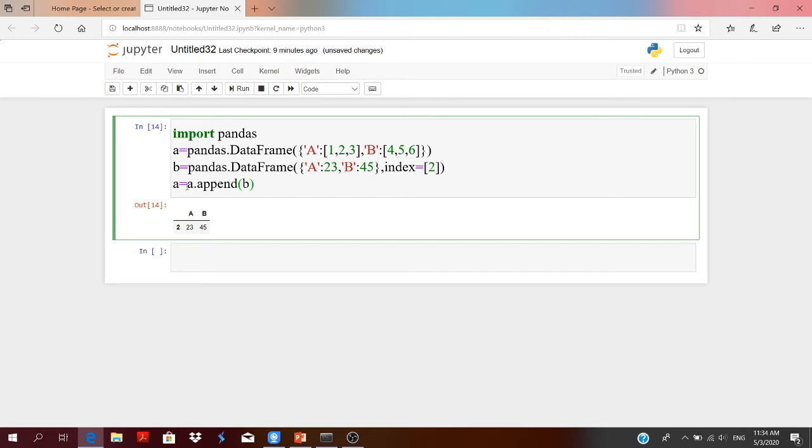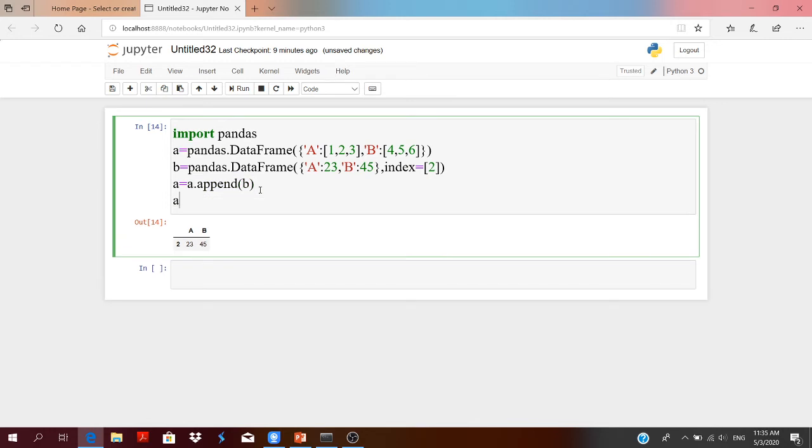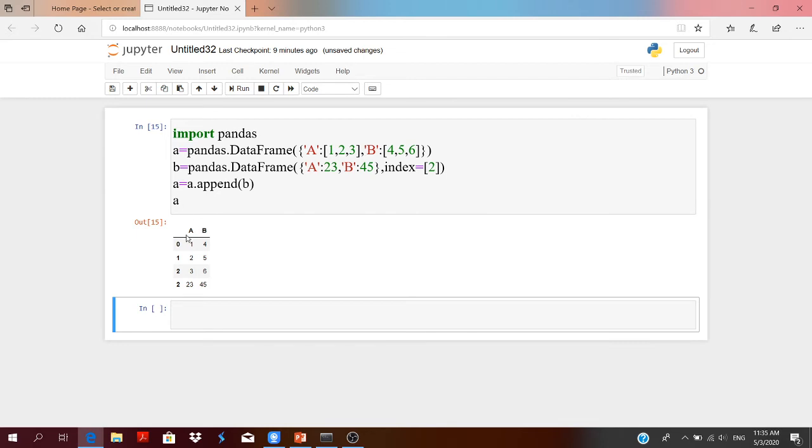When you write this code, data frame B will be appended, or you can say added, to data frame A. See what is A. See here, in the previous case A was up to 0, 1, 2 only.